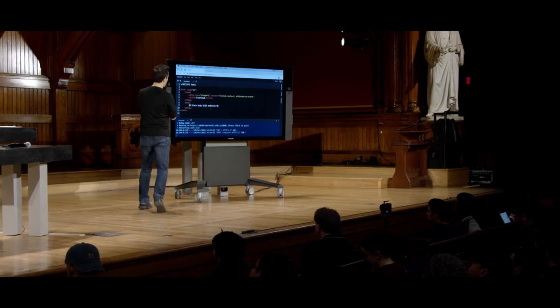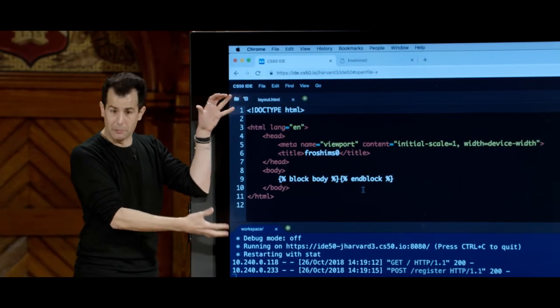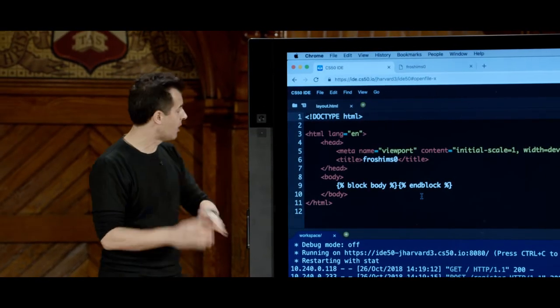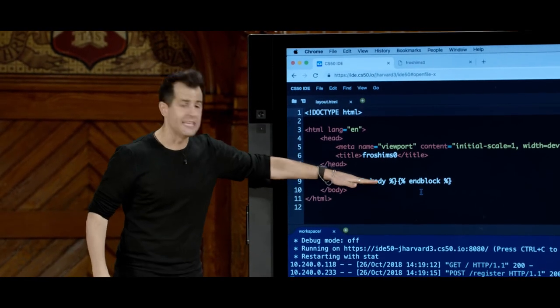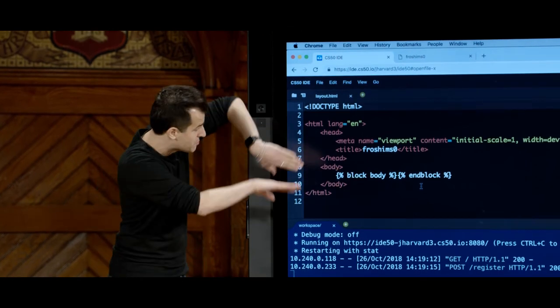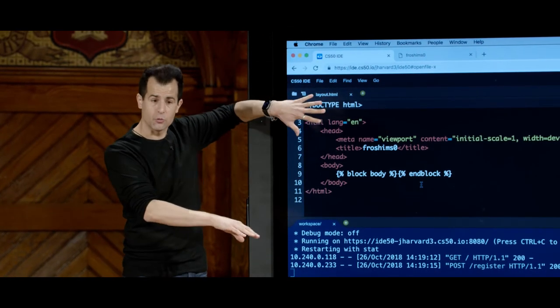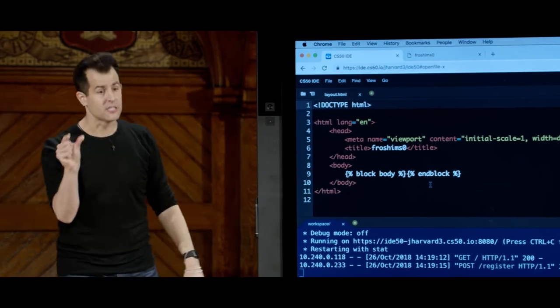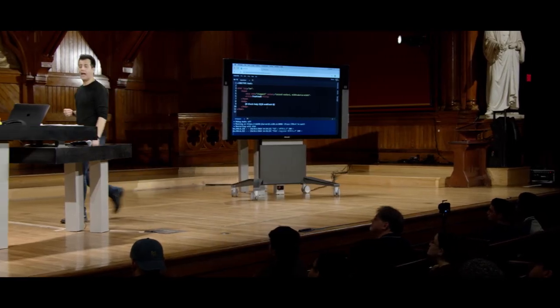And so this layout you can think of as a mold or a template, literally, that all of your other pages are going to be structured based on, but they are going to vary in this line and only this line. And we're going to put as much HTML between the body tags as we want, the open and the close tag. This just indicates to Flask, this is the stuff that should be changing. So if I now look at my